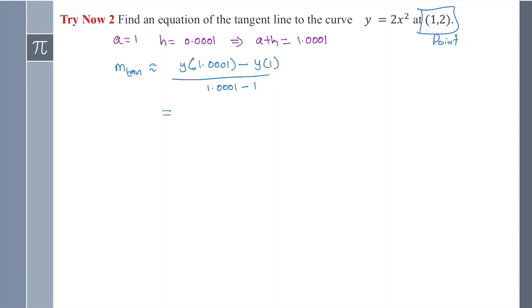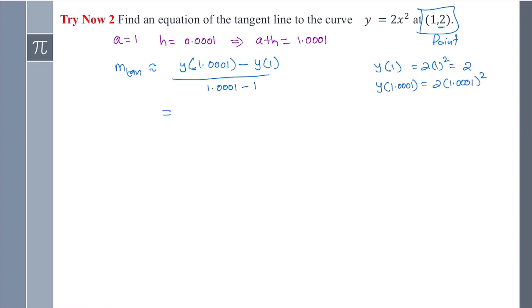And now we need to find y of 1. If you do y of 1 equals 2 times 1 squared, you are going to get 2. And then we need to find y of 1.0001, which is 2 times